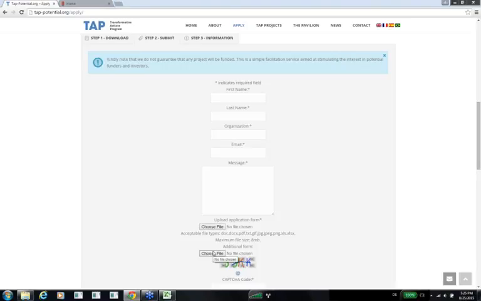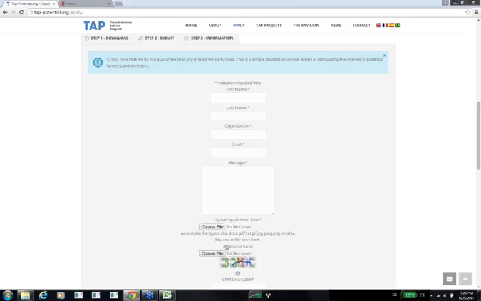Please note that the offline application forms submitted via this website will also be uploaded onto the online application system. Applicants who choose the offline option will also be given login credentials to access and edit their application later on through the online system. But do not worry, only the TAP team and the applicant will have access to the submitted information, of course.